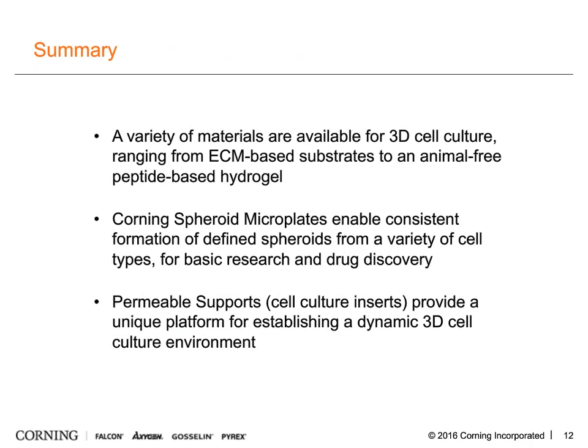In summary, Corning offers a variety of materials suitable for 3D culture, including ECMs and an animal-free peptide hydrogel. The Corning spheroid microplates provide a novel platform for generating defined spheroids for basic research and drug discovery. And finally, I've discussed the use of permeable supports for establishing a dynamic 3D cell culture system in a two-compartment